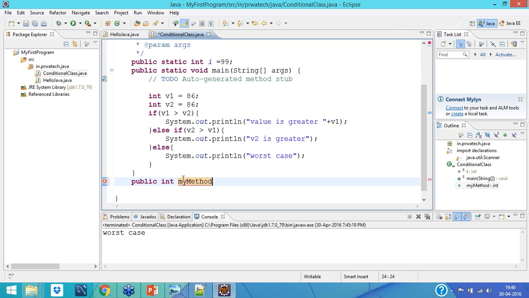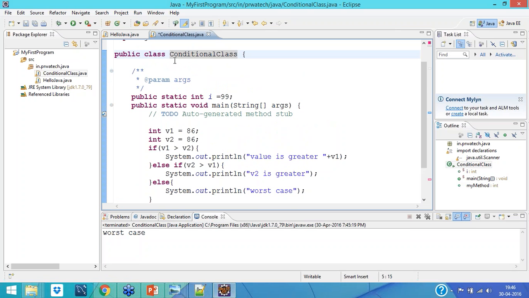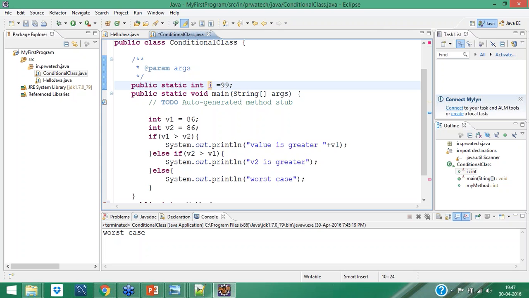Remember, methods will start with a small letter, the class will start with a capital letter, and the values generally start like, let's say, int val. Field and method will start like this. I'm writing like this. Let me put this much of things here.